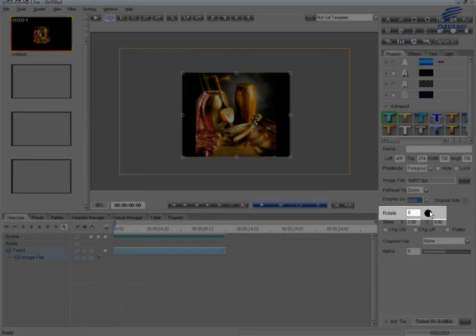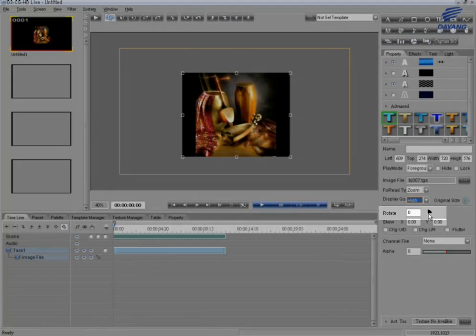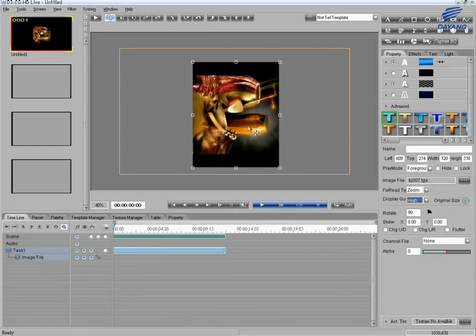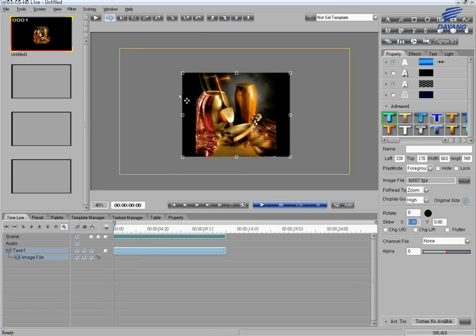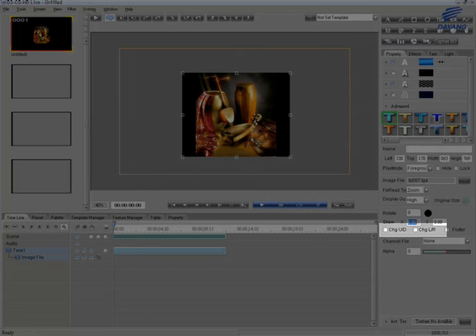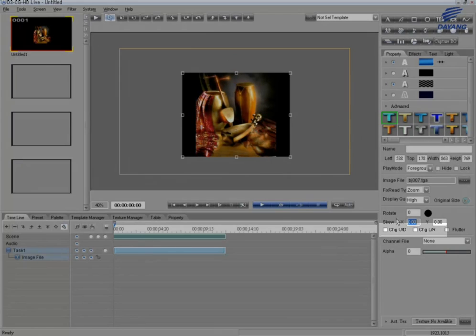And then there is a function called rotation. You can use this tool, instead of typing in numbers, to give it a degree. Okay, you can see as I click the tool the picture rotates a little bit. Of course you can also type in the exact numbers. Then we go to another function,